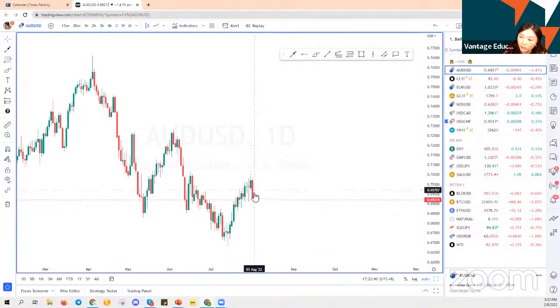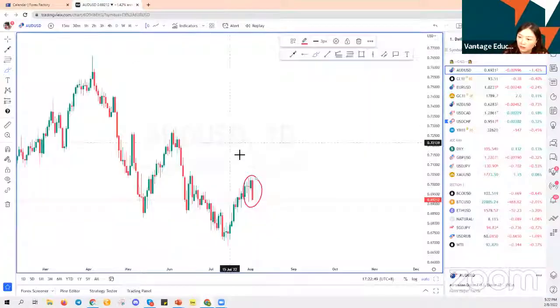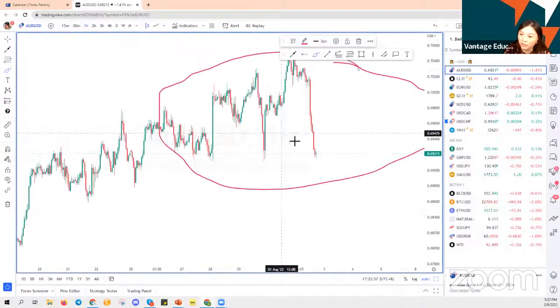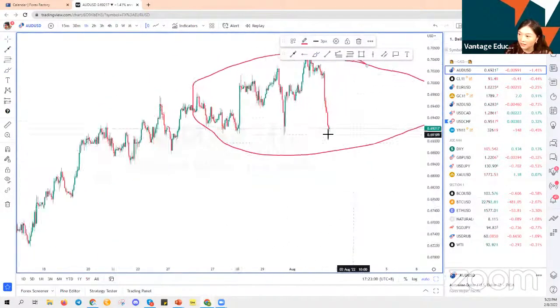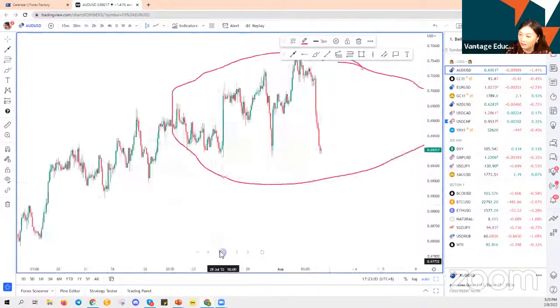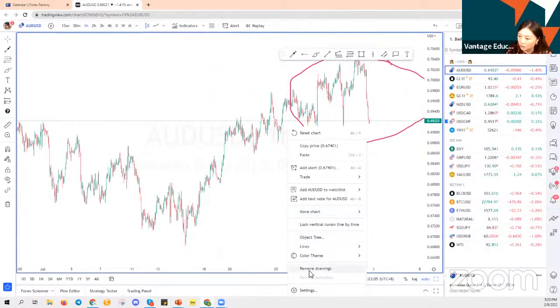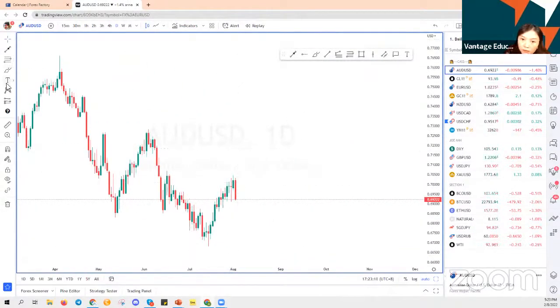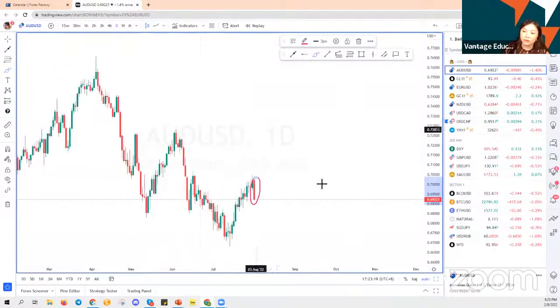So this candle right here actually happened because of the news. It might not look as significant as it seems on the 1-day chart, but if you zoom into the hourly chart, it's actually a big swing. You can see here. Bear with me. I'm trying to show you that a daily chart might not look like any significant